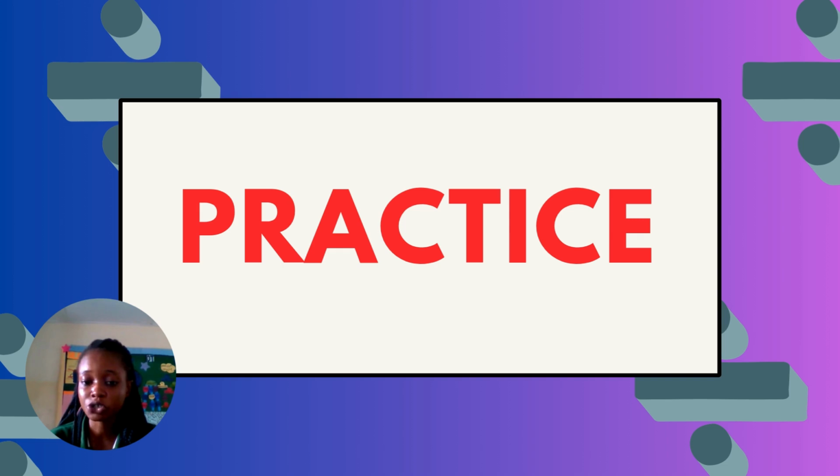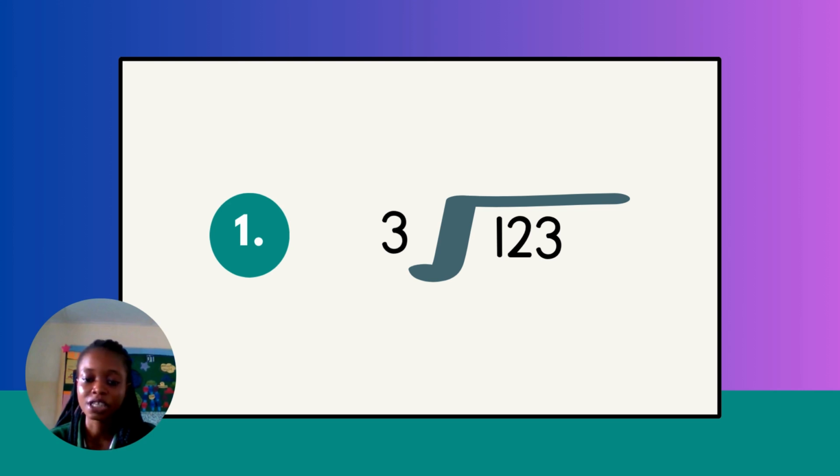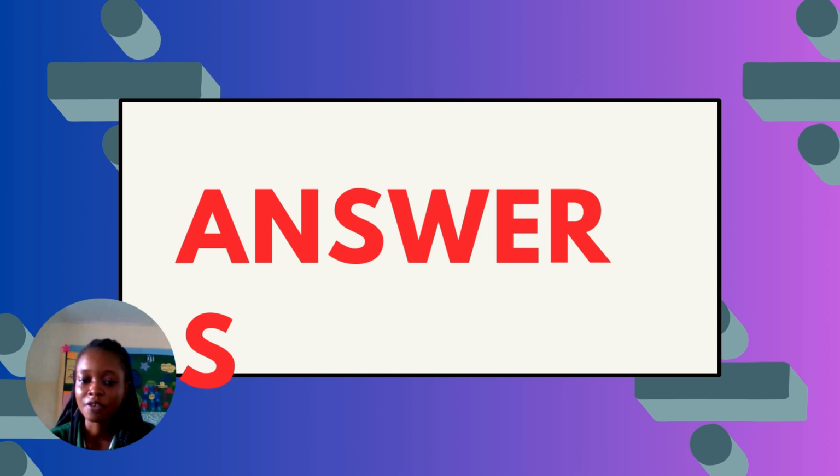I have some practice questions we are going to be seeing in the next slides. Please solve the questions and leave your answers in the comment section. Number 1 is 123 divided by 3. Number 2 is 945 divided by 9. Number 3 is 471 divided by 3. If you've gotten to this part of the video, please pause and solve those questions you saw,